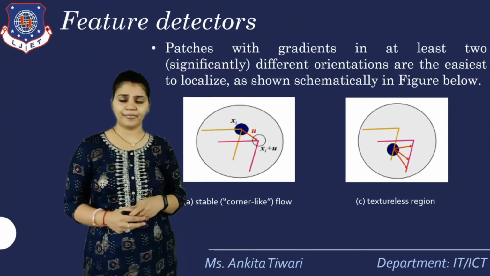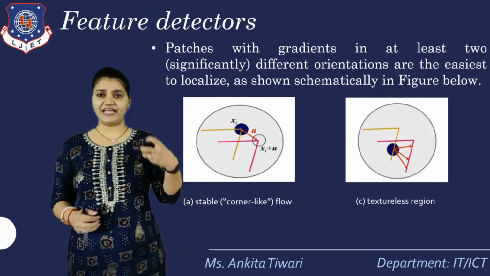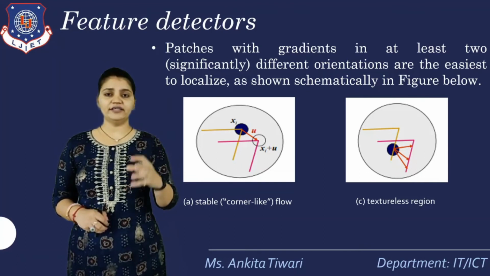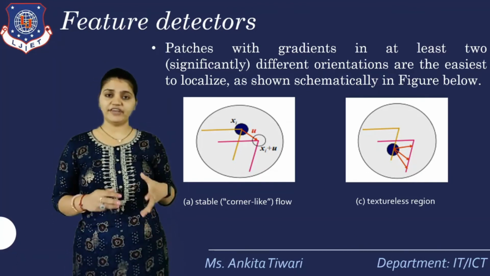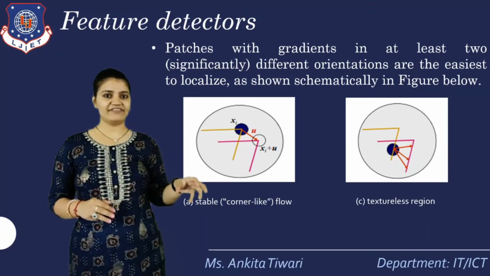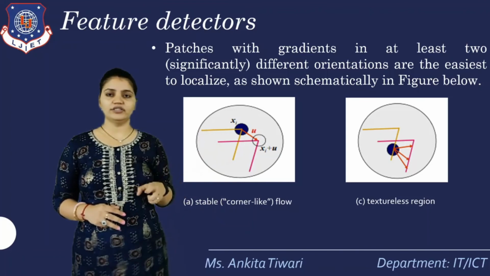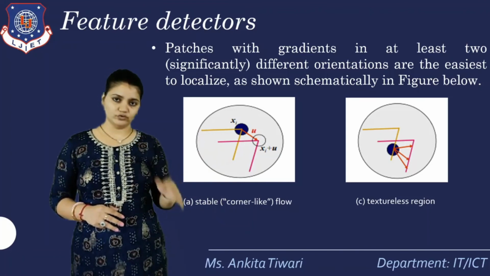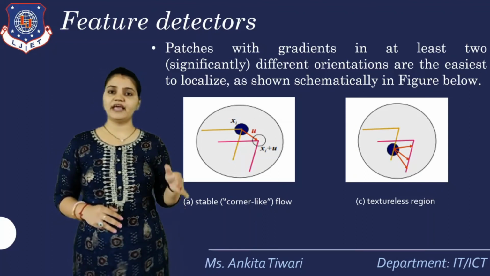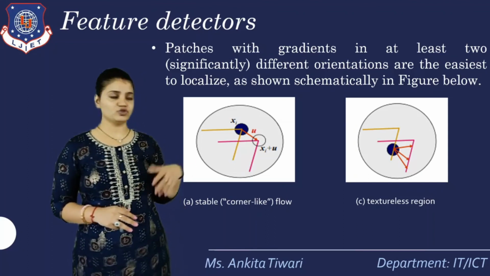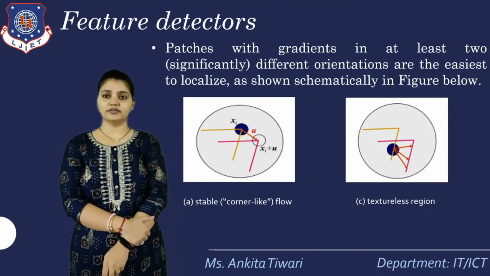So basically, the feature detector is a process where, for the different edges or the different patches that we have taken, we have to find the relative distance with respect to the image, the object that we have. This is what the feature detector is, meaning taking out the feature, then we have to put it in feature description, then feature matching and feature tracking. So these are the four steps that we follow for the feature detection process.